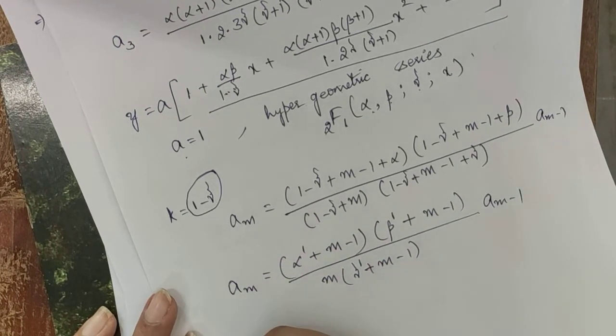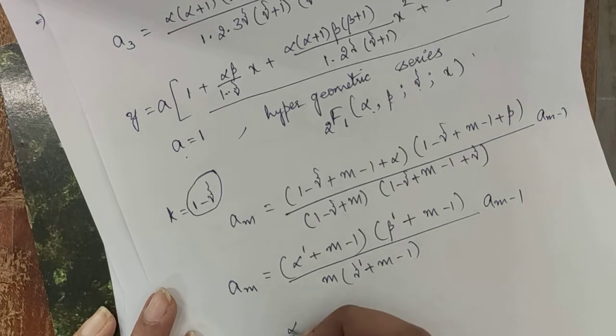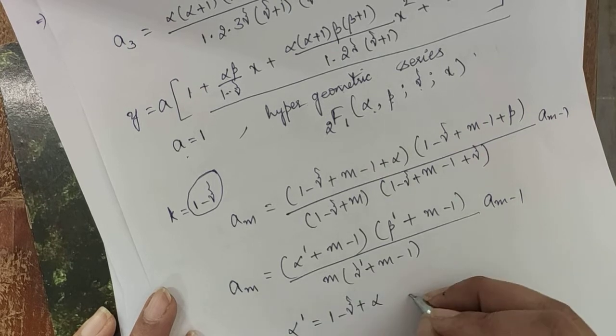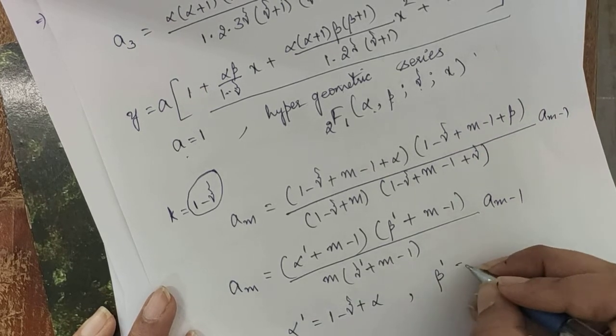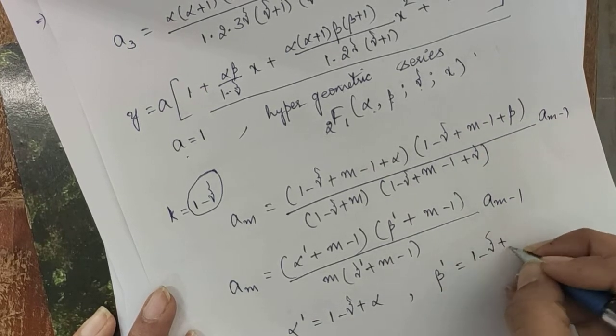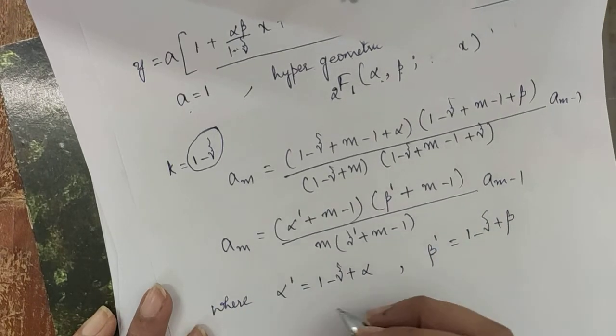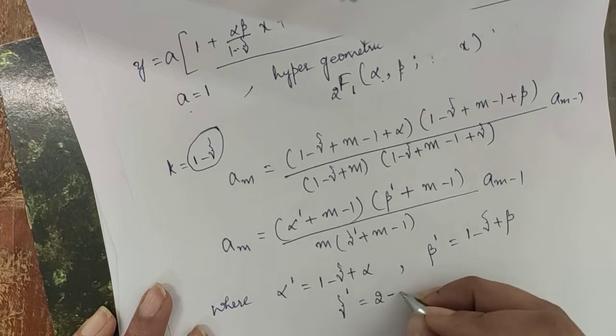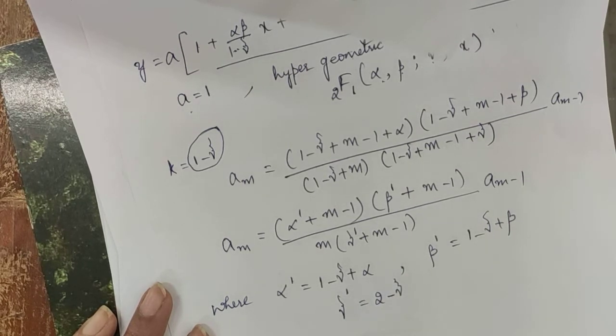Okay, where your alpha dash is nothing but 1 minus gamma plus alpha, and beta dash is nothing but 1 minus gamma plus beta, and gamma dash is nothing but 2 minus gamma. Okay,